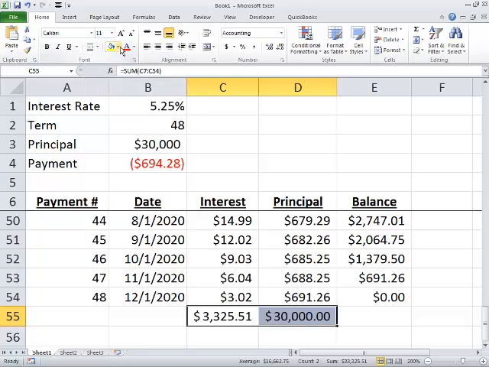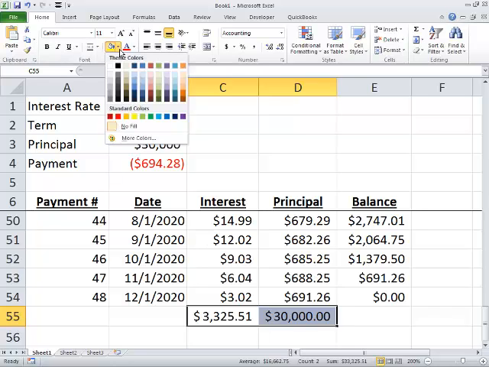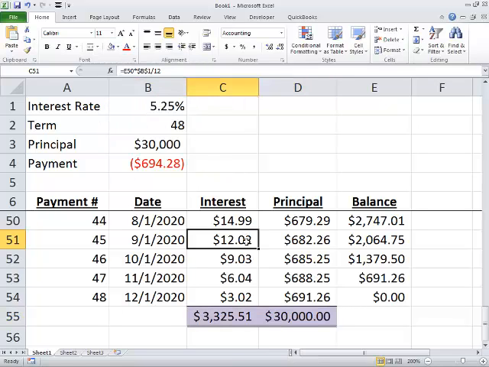And then for the colors, we can get a better sense of how the colors would look. Notice that if I hover over these different shades, that's when I get to see what the cells would look like. If I like that particular purple there, when I click on it,